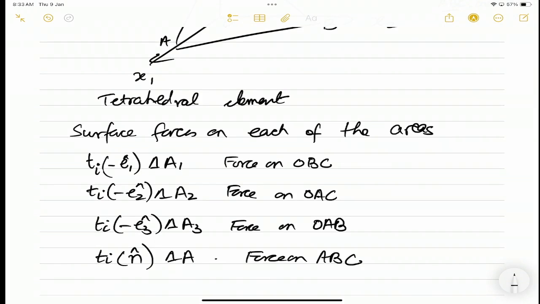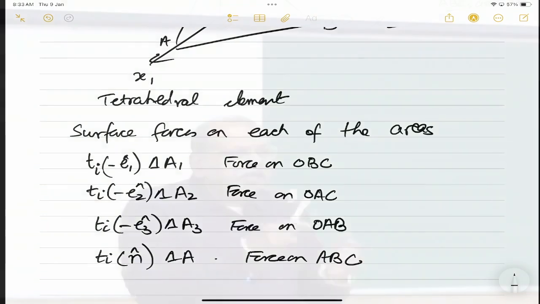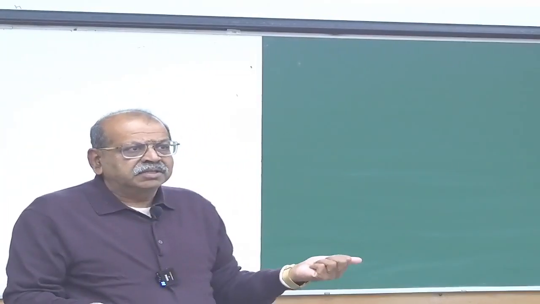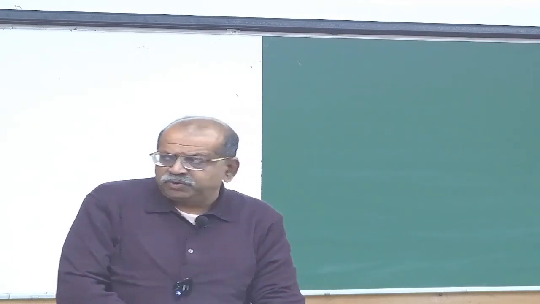Obviously, Ti of minus E1 is not equal to Ti of minus E2. This bracket shows that it's a function of these areas, of these directions, and these are all the 4 surface forces. Now,